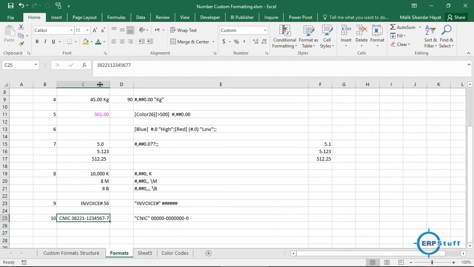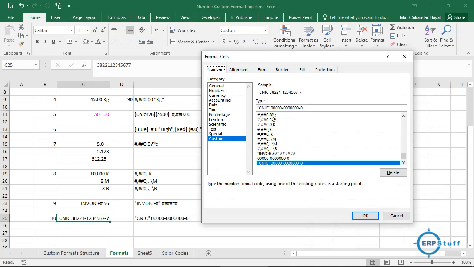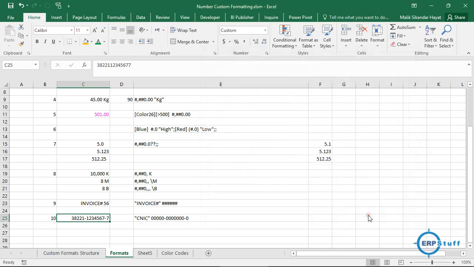Now, let me go here. I will show you. I will remove this CNIC number at least, and I am using this format. If you see here, first 5 digits, then dash, then 7 digits, then 1 digit, right. That is it.